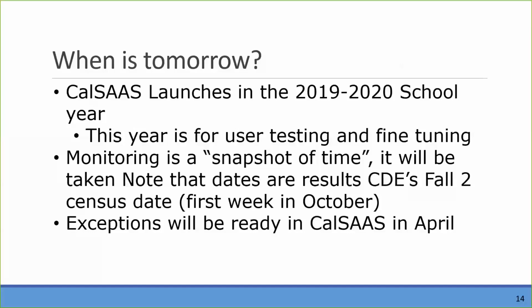So if you would like to be a tester, we need a county to join with a district and LEA in order for there to be a test group. So a district can't sign up to be a tester without their county, and a county can't sign up to be a tester without having at least one or more districts to partner with them. We can have an unlimited number of testers. So if you want to be a tester, your county needs to sign up and email the commission. They have their own email box with the commission, the counties do. They email the commission telling us they want to be a tester and telling us what districts will be testing with them. So we encourage all counties to contact their districts and ask them if they'd like to be a tester.